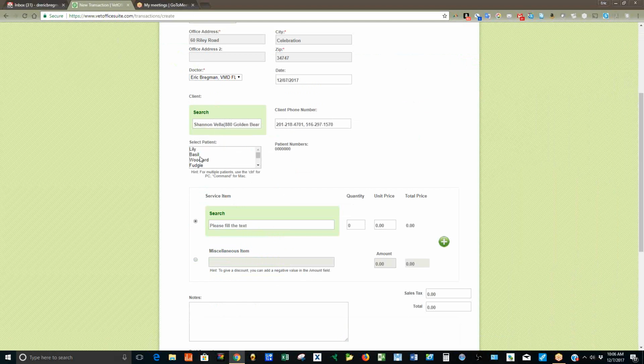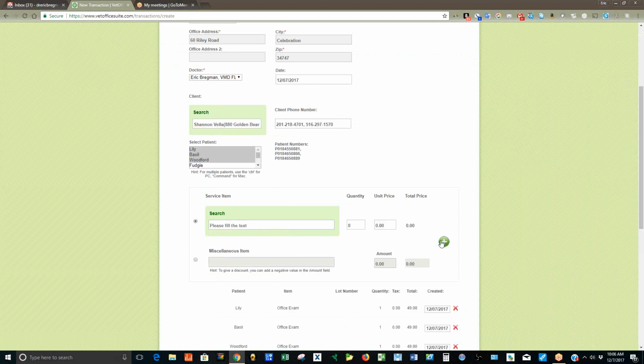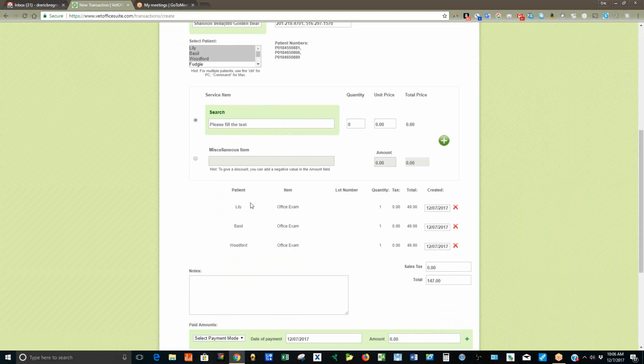So Shannon Bella's got a bunch of pets, right? Let's say she brings in 3 of them. See how I've highlighted all 3? And they all come in for an office exam. Now all 3 have been given an office exam. Okay? If they all get a rabies vaccine,